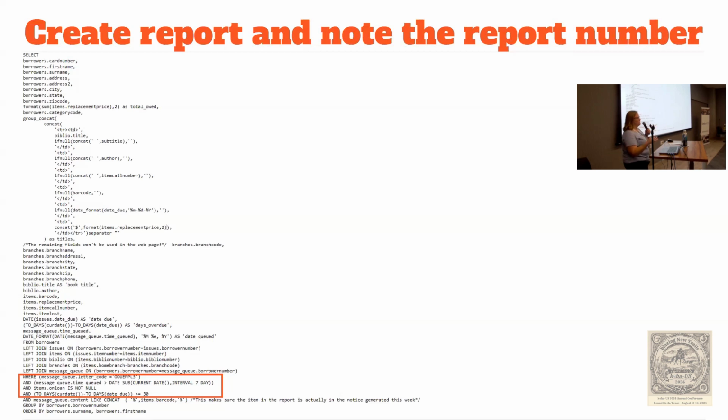You probably, if you've been doing a mail merge, doing that suffering, you probably already have a report. So down here, and yeah, I am actually trying to impress you with just like, oh, this is all good. You don't have to read it now. What's important is down here is this is how we work. We look in the message queue for the letter code of the letter that was quote unquote sent within the last 7 days, make sure it's still checked out, and we make sure that it's actually,